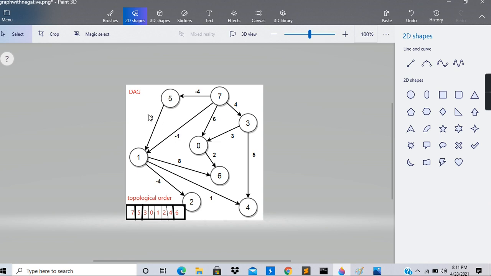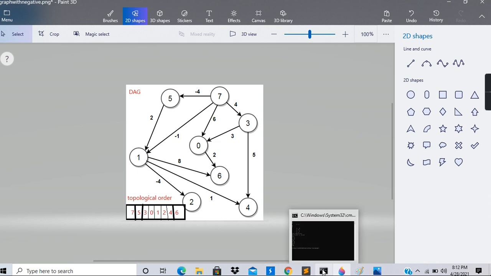So we replace that length with the new length, and we do this for all the nodes present in this topological order. We visit all its children and calculate the new length. If the nodes are not visited, the calculated new length is the shortest length. But if the nodes are visited, we calculate the new length and compare it with the length found initially. If the new length is less than the previous length, we replace it with the current new length found.